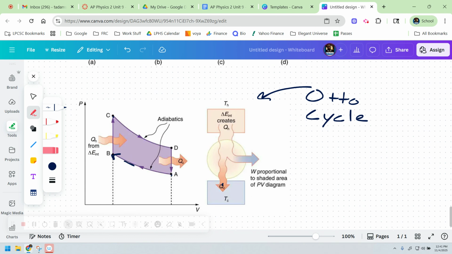But the Otto cycle is how most heat engines work to some degree. The only thing that really varies is what is the work that's done and how is the work done. Sometimes it's used for generating power plants. Sometimes it's used for cars going back and forth. But this is like a basic steam engine type thing. But the pistons and the turbines and all that stuff,